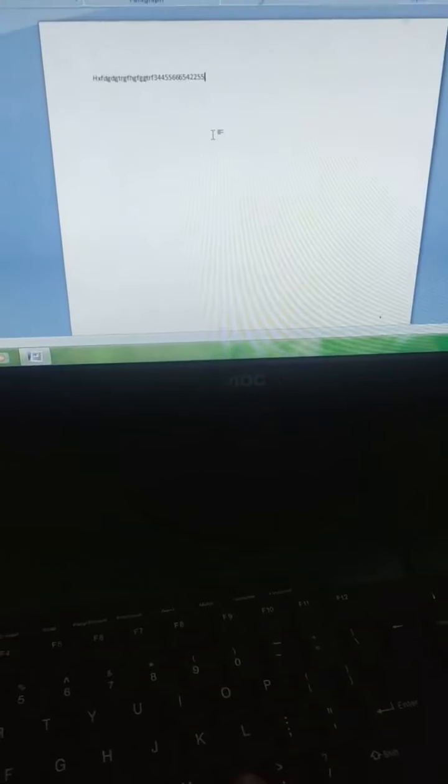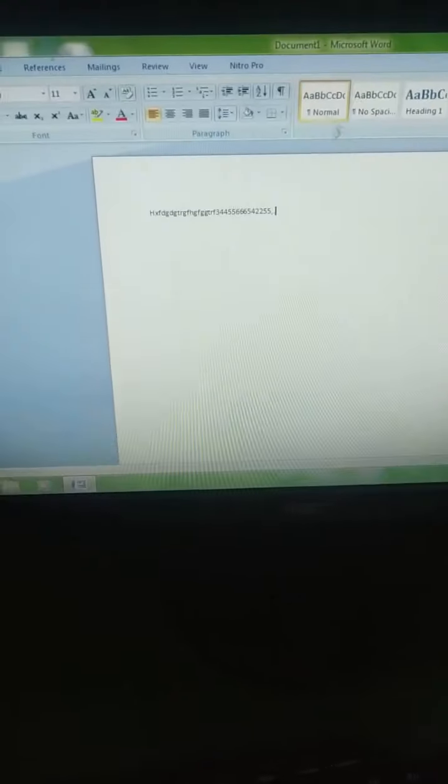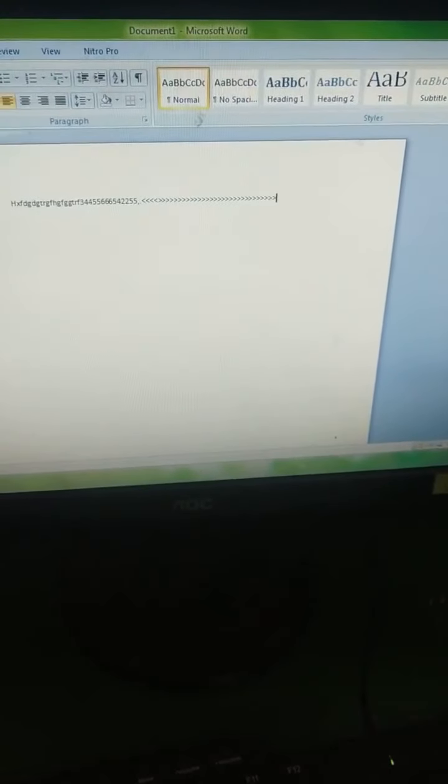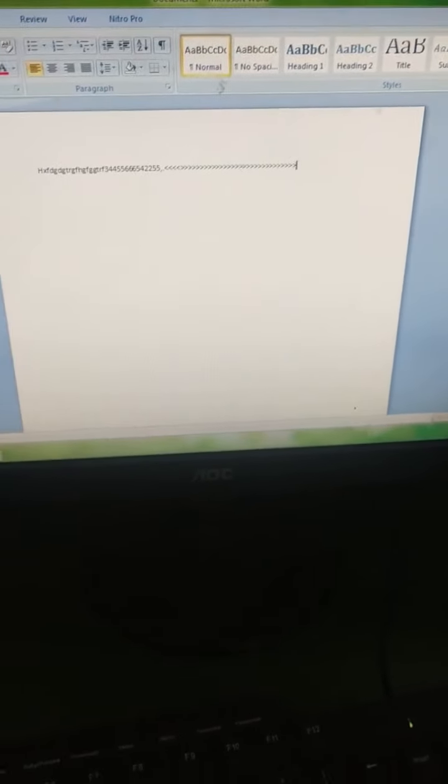Okay, next, if you type comma or dot, it will appear like that, comma, dot. But if you want to type greater than or less than, how will you type? Use the shift key and this button. At one time you have to press both keys together, so it will appear. Understood? Shift plus this key together, so look, it will appear like that. Is it clear?